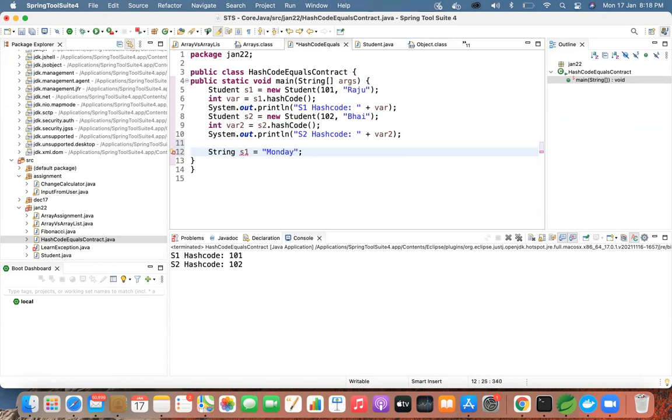No, create them as a new object, not as a literal, new String. This is fine. The same lines 6 and 7, just copy and paste them. Line number 6 and 7.